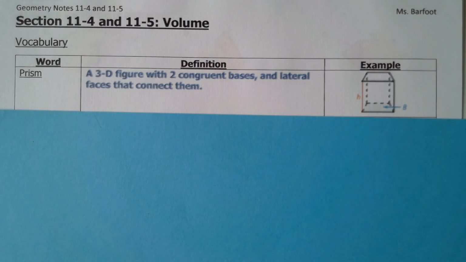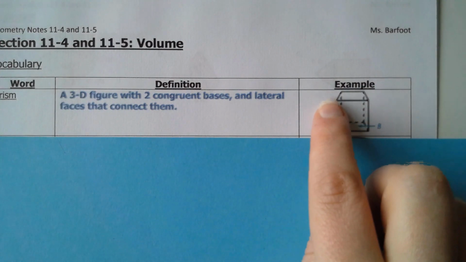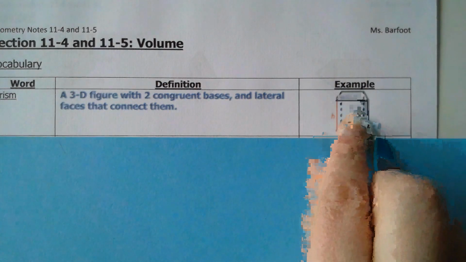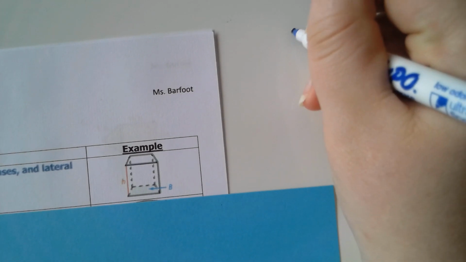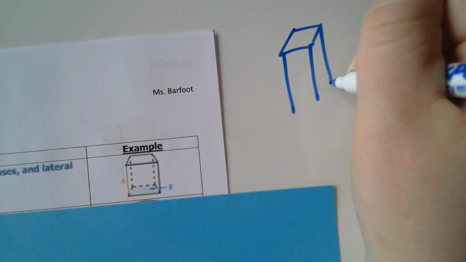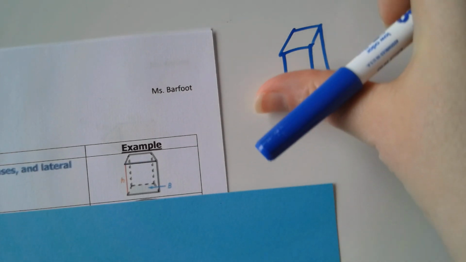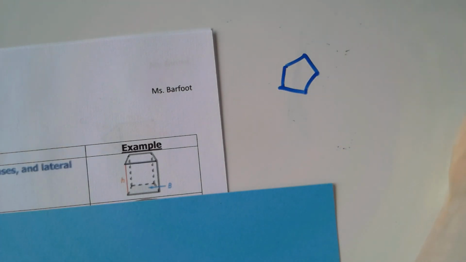Starting off with prism. A prism is a 3D figure with two congruent bases and lateral faces that connect them. So in this picture here, you see that I have a prism that has almost like a quadrilateral trapezoid base, and then it has faces that connect them. Now this prism can look like a bunch of different things. A lot of people just think that it's going to be a rectangular prism, which would be your box, okay? But you can also have something like a pentagon prism, where you have a pentagon base